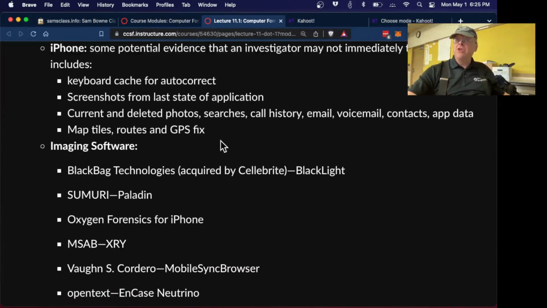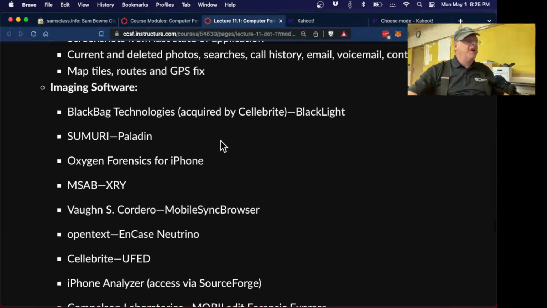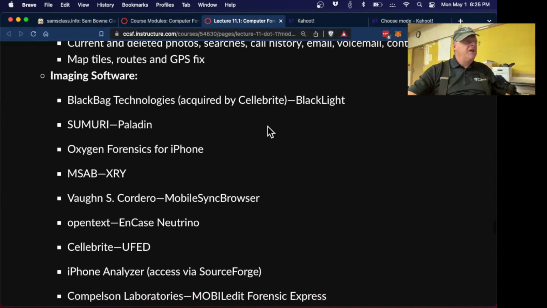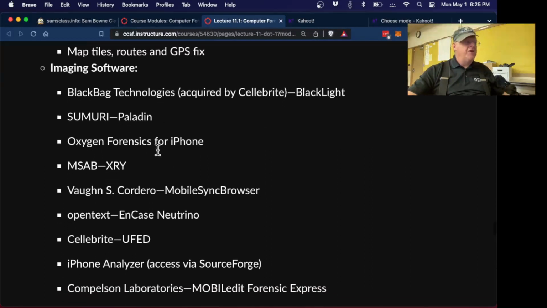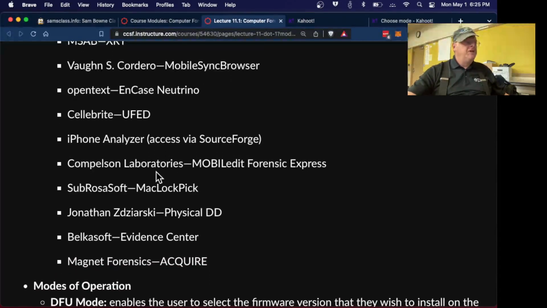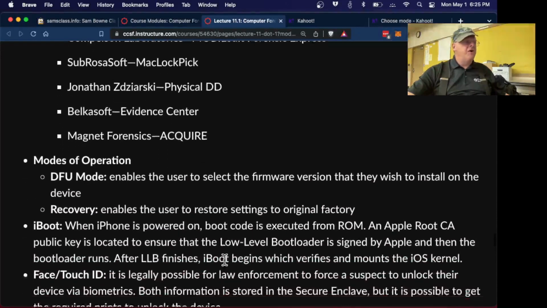And GPS information, of course, in your phone, as well as tracking from the cell phone company that knows where you are at all times, and it can be retrieved from them without a warrant. So there's a lot of imaging software. BlackBag was the main forensic software for iPhone. It's now acquired by Cellebrite. There's Oxygen Forensics, another big one I've heard about a lot. And of course, Cellebrite is huge. And there's a lot of other products like Belkasoft and Magnet Forensics. Many people make iPhone forensic software.